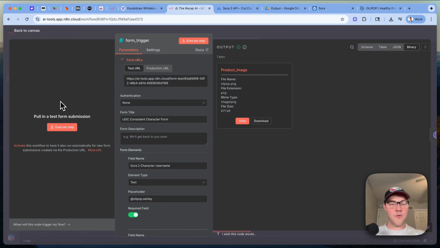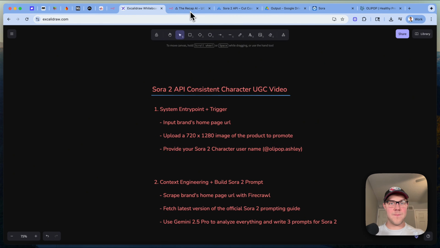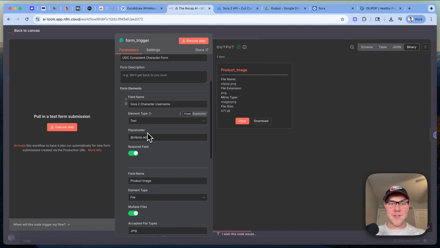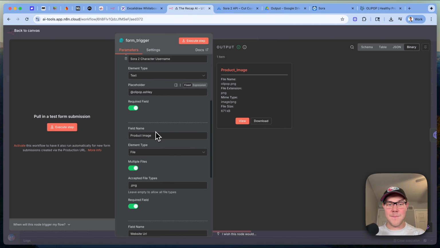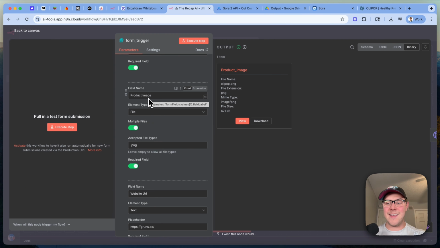So looking back at our form trigger here, we can see a couple of different form elements we filled out that matches everything we covered here on the system overview. First thing is going to be our Sora 2 character name. That's a simple text element type. We have our product image, which is going to be a PNG required file. We're going to select it as a file element, and we just call this product image for easy reference later